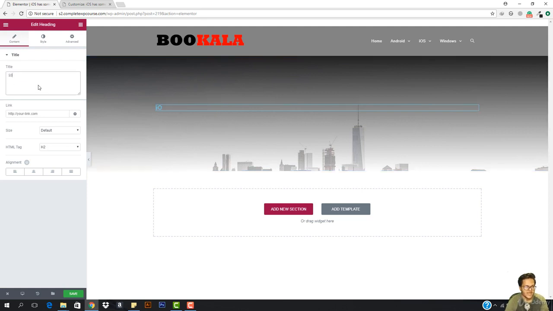So that will be iOS needs to... Okay, what is the title right here? iOS has some bugs that needs to be fixed. Cool. Okay, what I want to do right now, I want to align this to center, and I want to